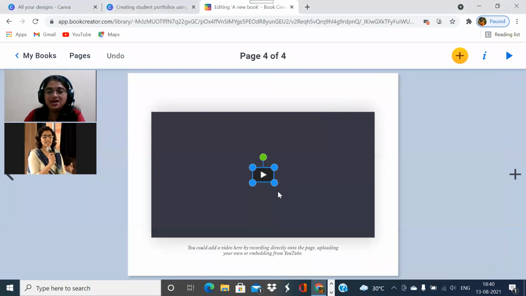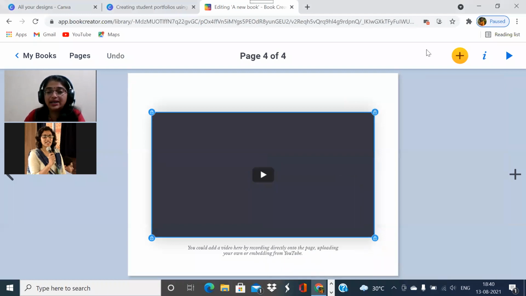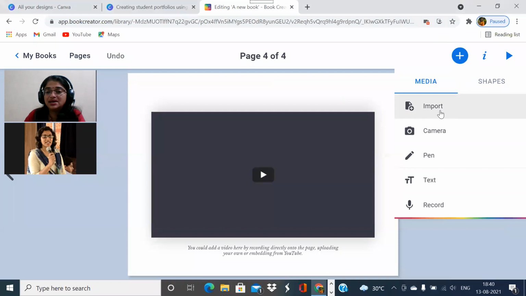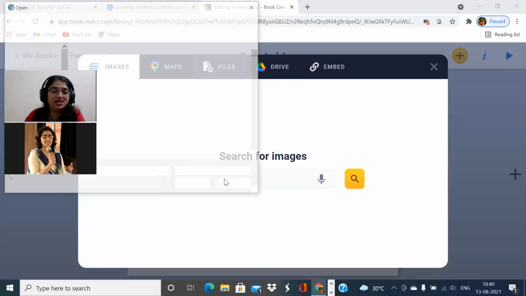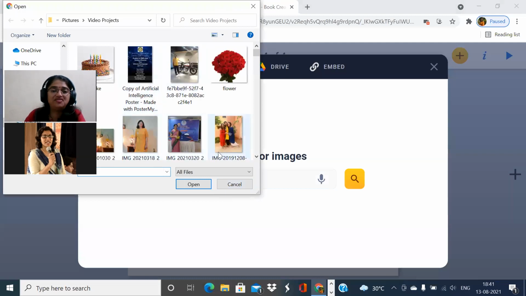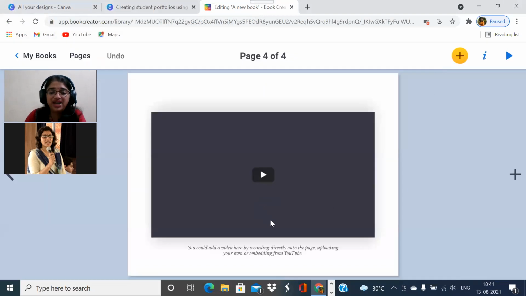So now again, what you're going to do is upload the image or video over here. You can right click, not right click on this plus, import, and then I want to embed any file, video file. If you want to import, choose the relevant file from your computer, and then you can upload the video also from your Drive or from Google Drive or anything, it can be done. So that is how you're going to insert any video over here.